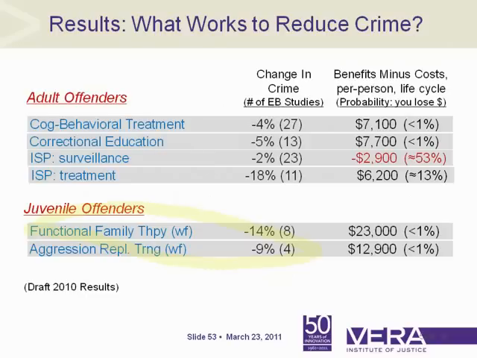So what we do nowadays is, if there are programs that we know about that actually are delivered with fidelity, we'll put those programs in a meta-analysis together, and then other functional family therapy programs that have not been done with program fidelity, we'll put them in their own meta-analysis. So basically you're coming up with two different statements, and that's the way that we've done it in recent years.